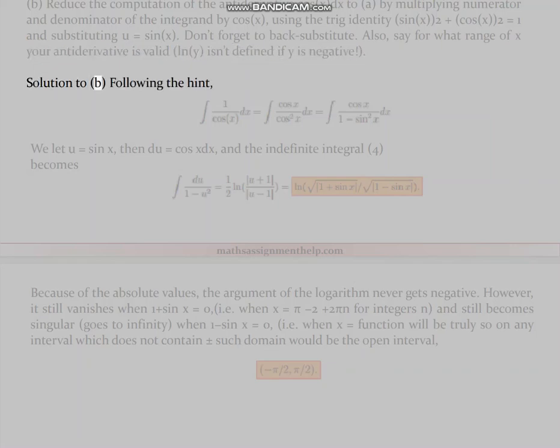Solution to B. Following the hint, we let u equals sin x, then du equals cos x dx, and the indefinite integral becomes